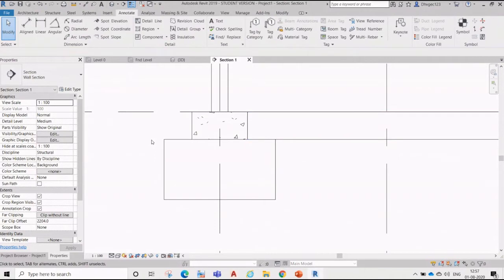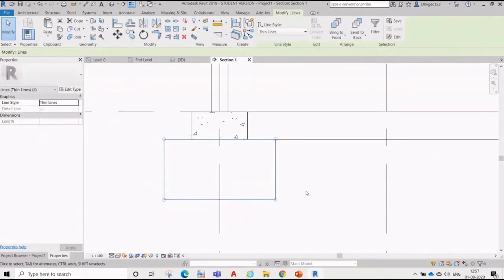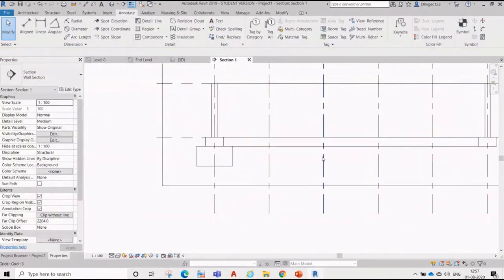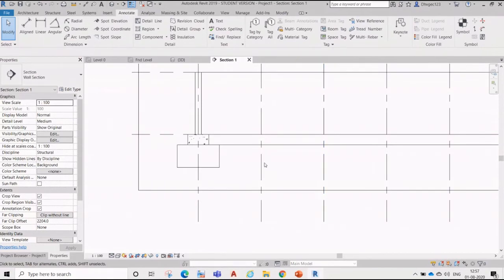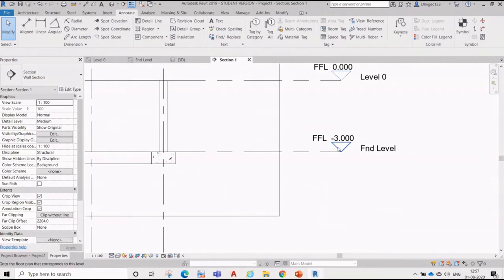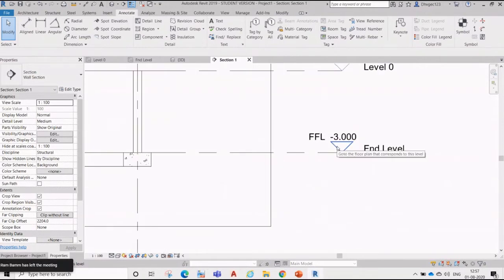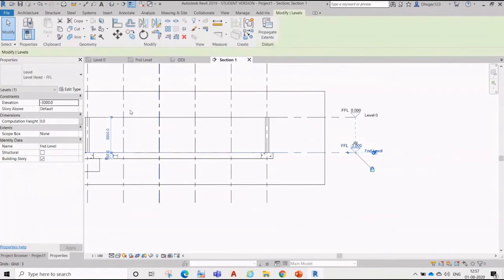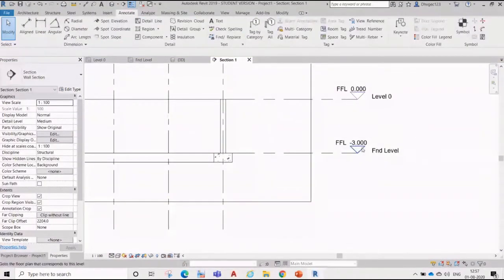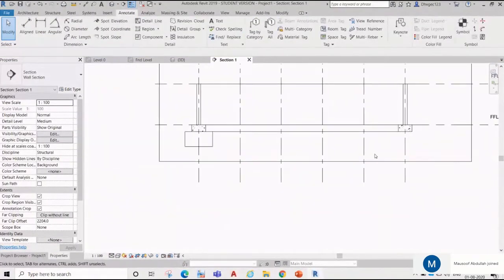I did not get your point, can you say again? Okay, then you can create a new one. That's not easy. Or you can just say foundation level 1, foundation level 2, that doesn't matter.